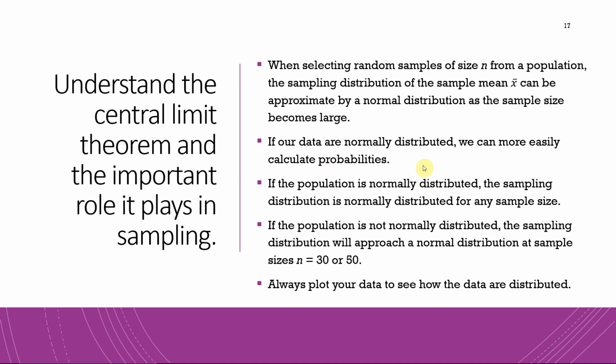So in this chapter and in the previous chapter, we've learned how to use the standard normal to calculate probabilities. So that's why it's important to understand how a population is distributed, because that will help us better understand how to calculate probabilities. So if our population is normally distributed, the sampling distribution is normally distributed for any sample